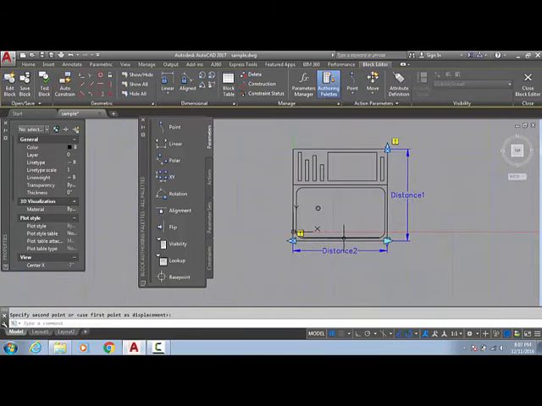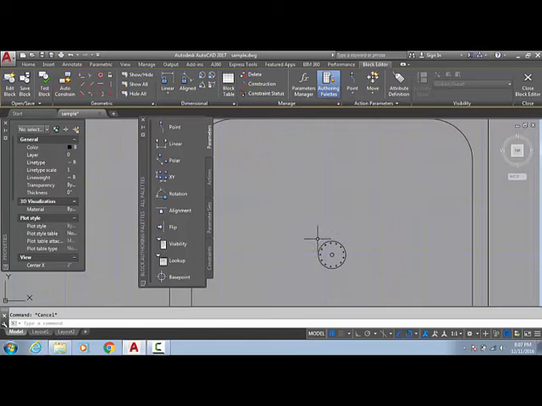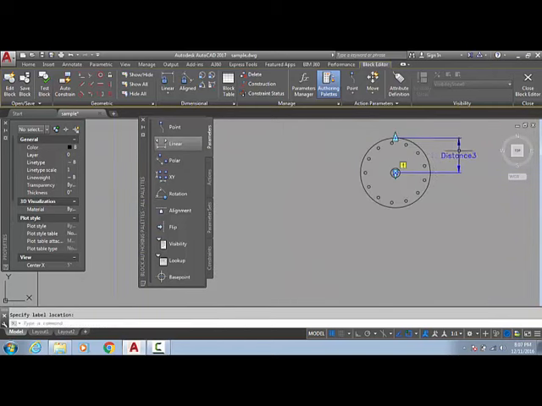But what if I want to make a set, if you want to stretch this also along with this, then what do you have to do? I am going to show you. In this case, this is the first set, this is the second set, and if you want to change this circle set, just go to linear, select the object, select the parameter, select the second object, and okay.